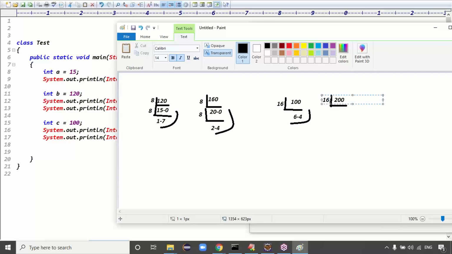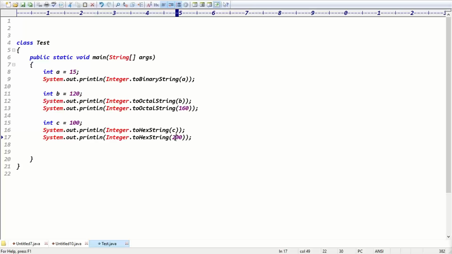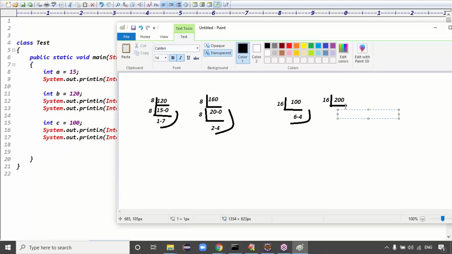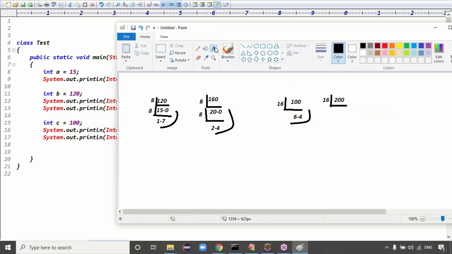What is the output, guys? 16 tens are 160, and 12 and 8 are remaining, giving 128 for 200. Better to make it 320, the calculations will be easy.